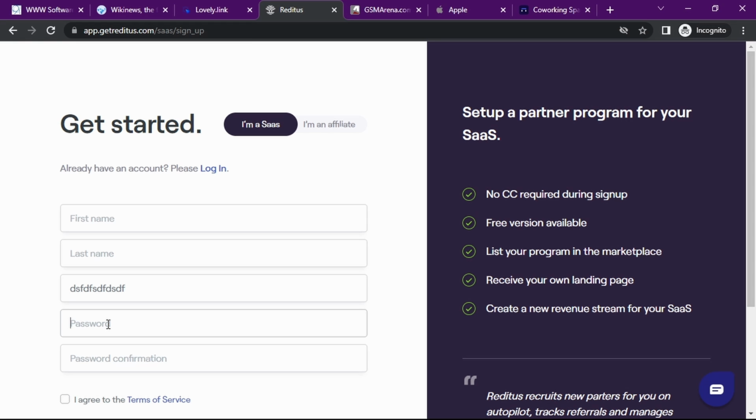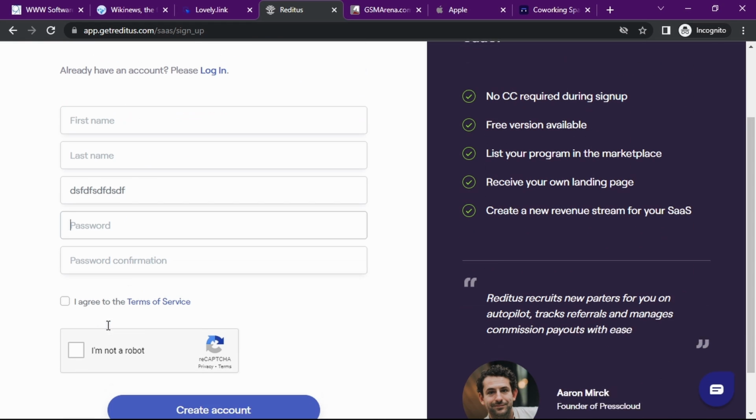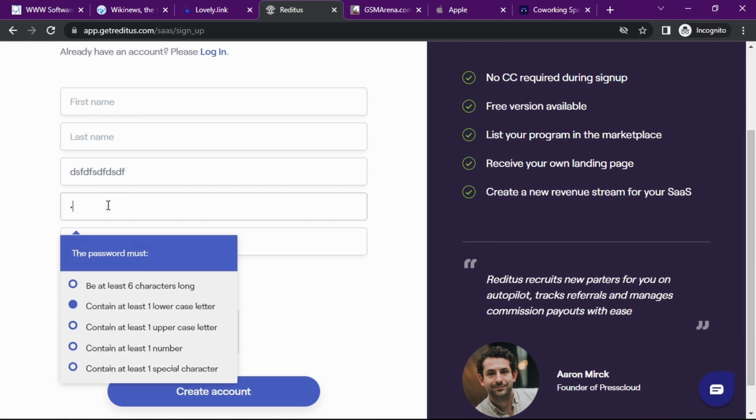If we come to the password, for example, and we need to enter a valid password, you notice that this is the information we need to enter for the password. It tells that it needs to contain at least one lowercase letter. So far I've entered a letter and it's a lowercase letter, so that field is valid. We need to enter at least 6 characters, and if I enter 6, you see that field is valid. We need now to have at least an uppercase letter. If I enter an uppercase letter,